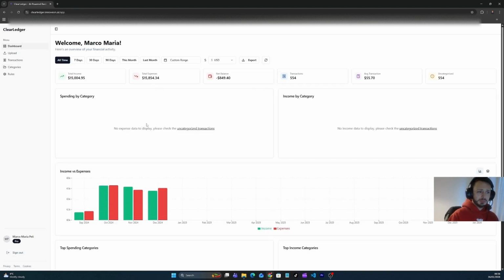dashboard. As you can see here, the system is displaying the dashboard. So let's click